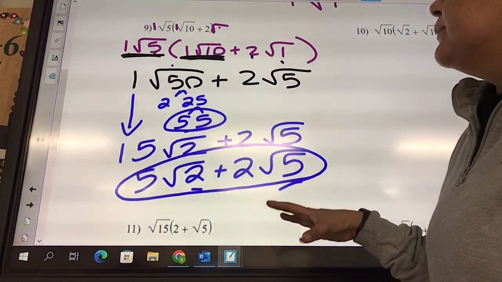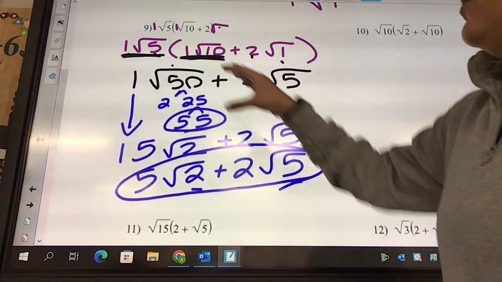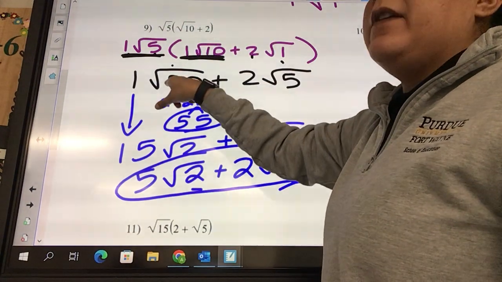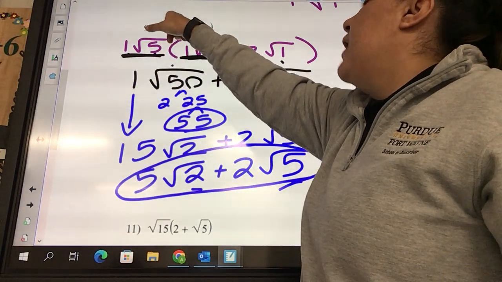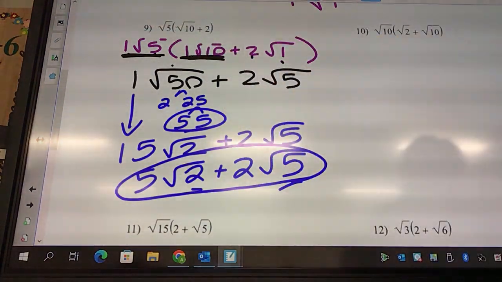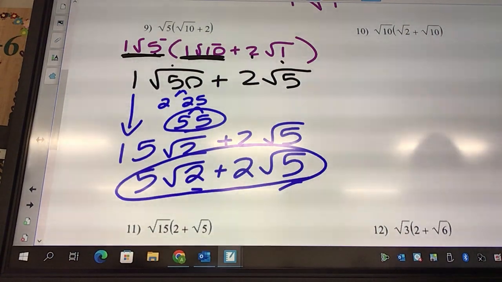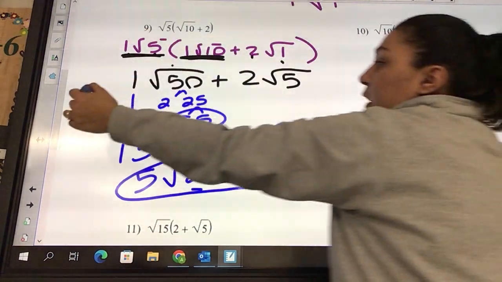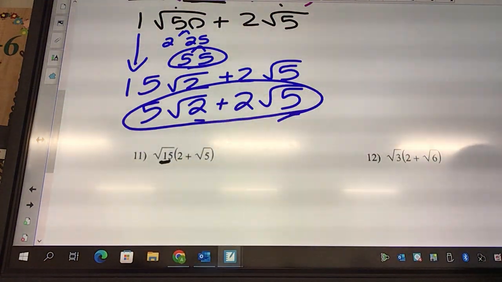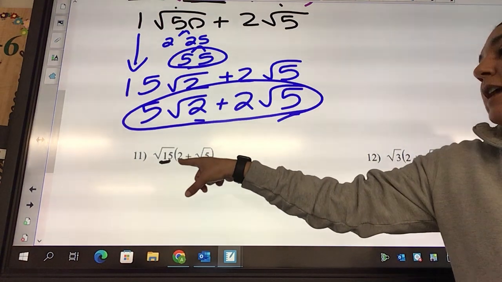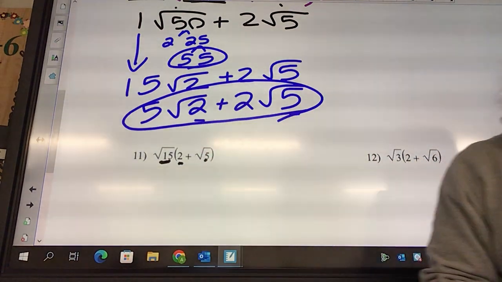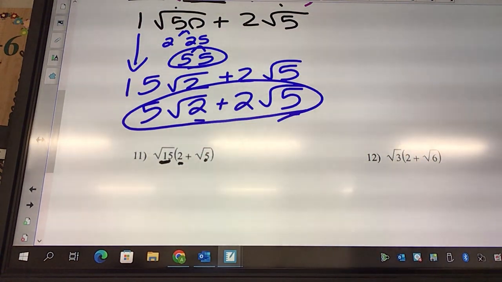But if we look here, okay, when I took this 5 times this 10, I ended up with 50. The 1 is irrelevant. Okay, when I took this 5 times this 2, all I did was place the 2 on the outside of that 5. Okay, because there's a difference between inside pieces and outside pieces. So if we look at 11, is this an inside piece or an outside piece? Inside. Okay, is this an inside piece or an outside piece? Outside. What about this one? Inside. Okay, the outsides go with the outsides, the insides go with the insides. So,